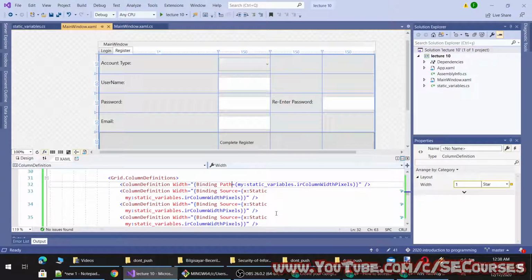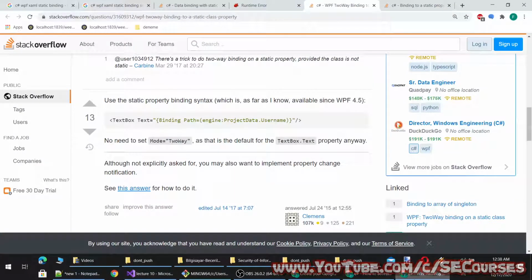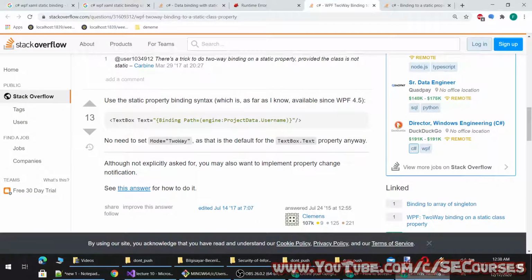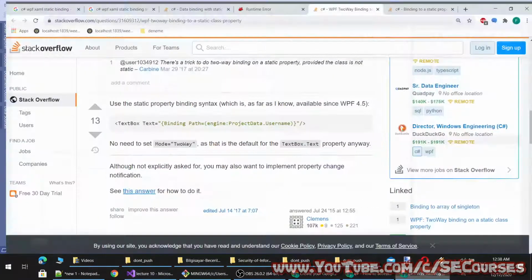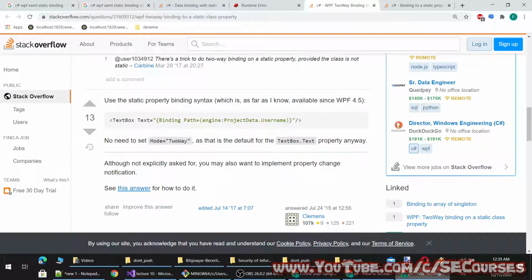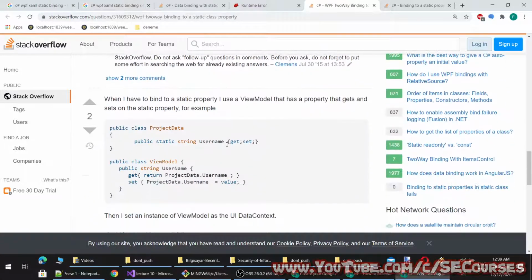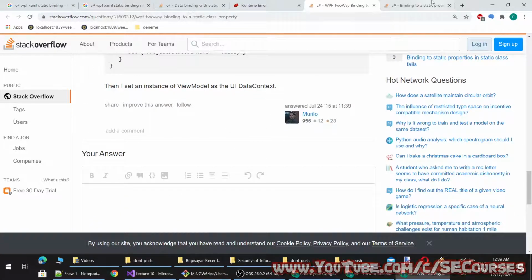It is taken as like this. So binding path equals, interesting.